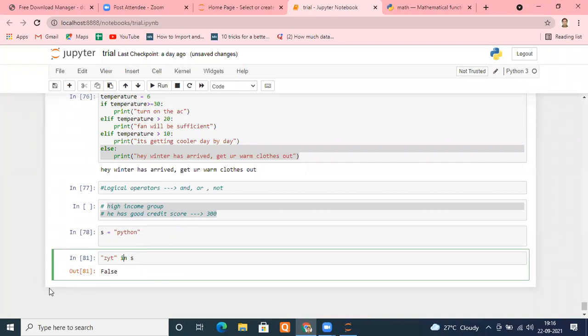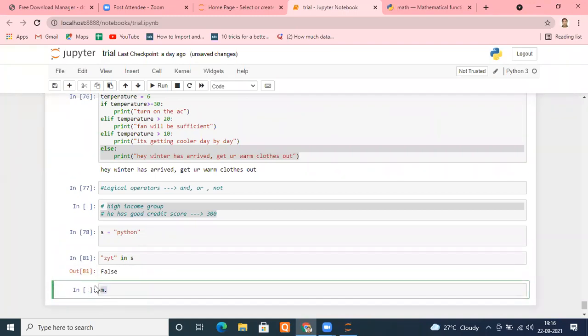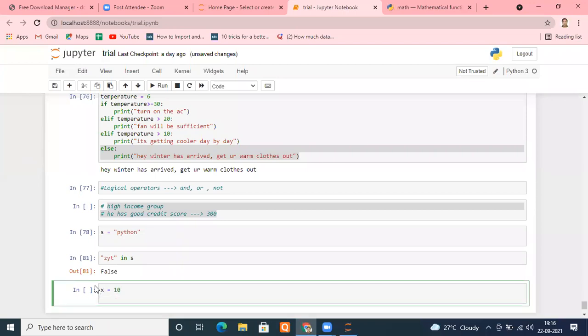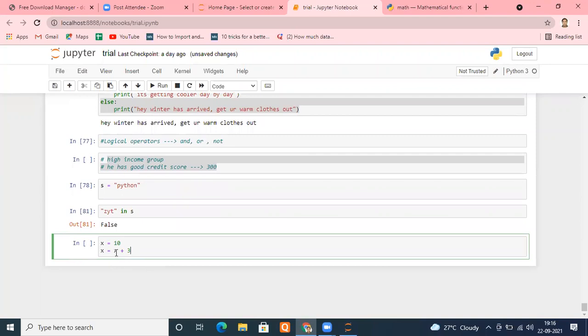Okay. One more thing I want to tell you. Suppose there is a variable known as x and its value is 10. I want to increase its value by 3. So one way to write is x is equal to x plus 3. I can write this way. There is one more way which professional programmers use.